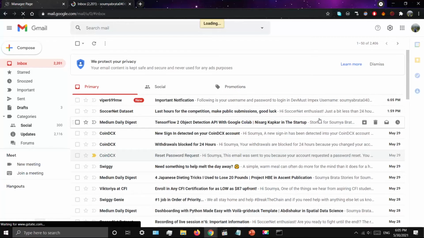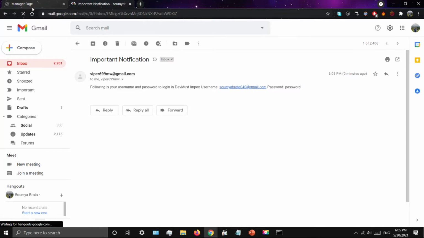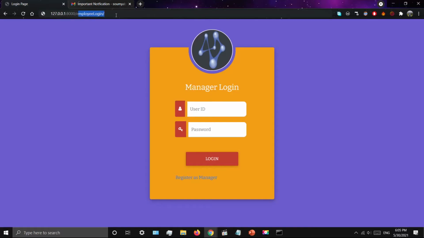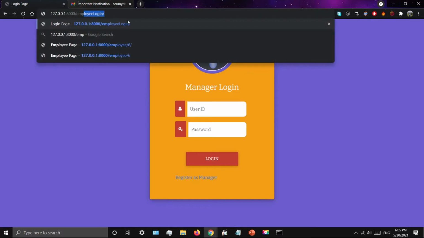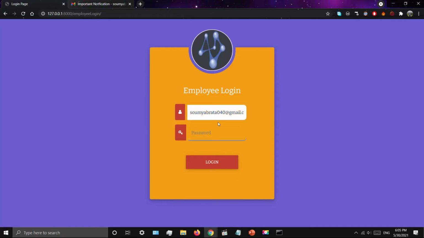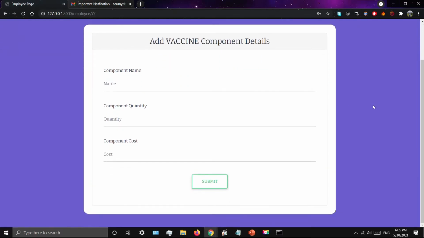Again, we can see that we have got a notification containing our username and password. We'll log in using this. Password is again password. This can all be changed in the code for providing different passwords and different usernames.